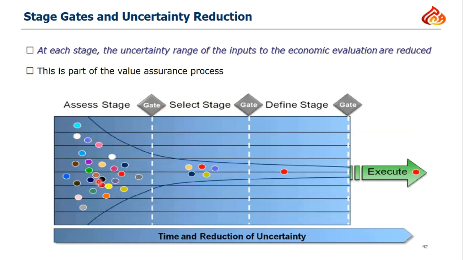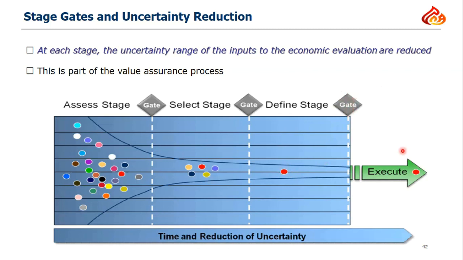All of these options for our development come up to the first gate. Only the viable options pass through this first gate, evaluated based on economics and ranked according to risk, to come up with the best option. For this best option, we make a detailed design, a front-end engineering design, for this only option, and come to the third gate,